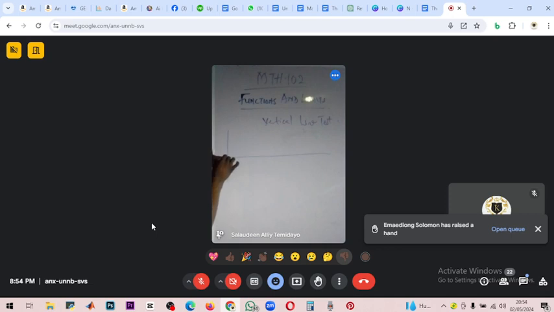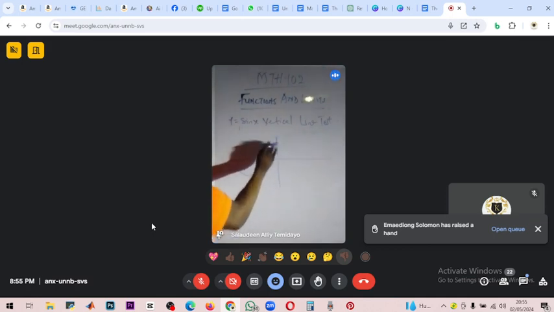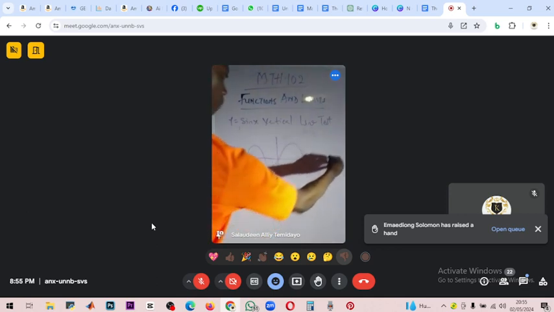This is a graph. The graph of sine x is like this. If a graph is representing the function sine of x, if y equals sine x, the graph is going to be like this, starting from this place, passing through the origin. Let me do it uniform. So this is how the graph of sine x is going to be. I need it to be uniform. It must pass through this origin. That's it.